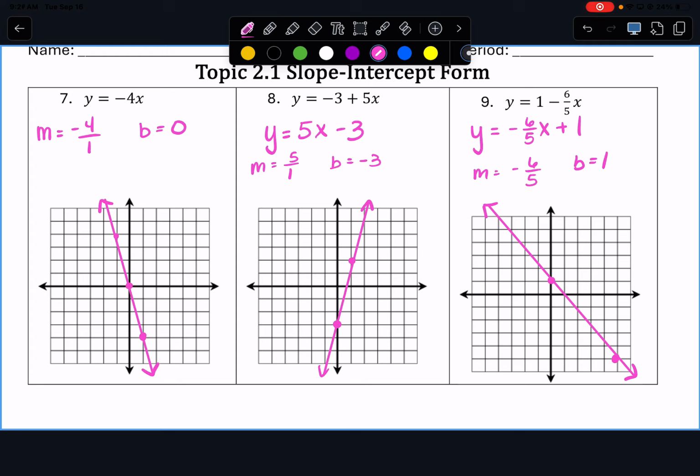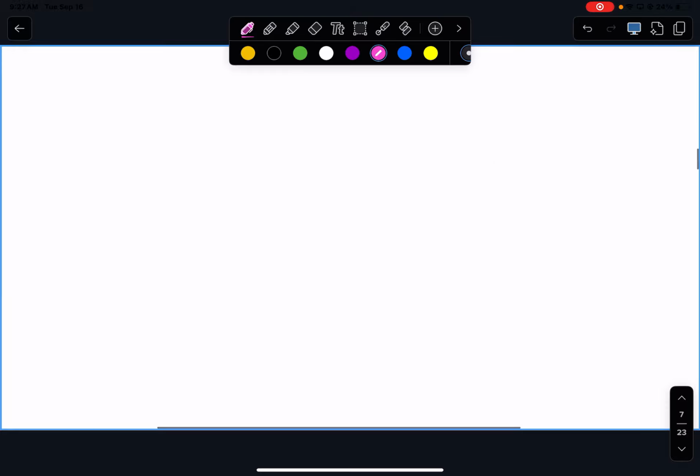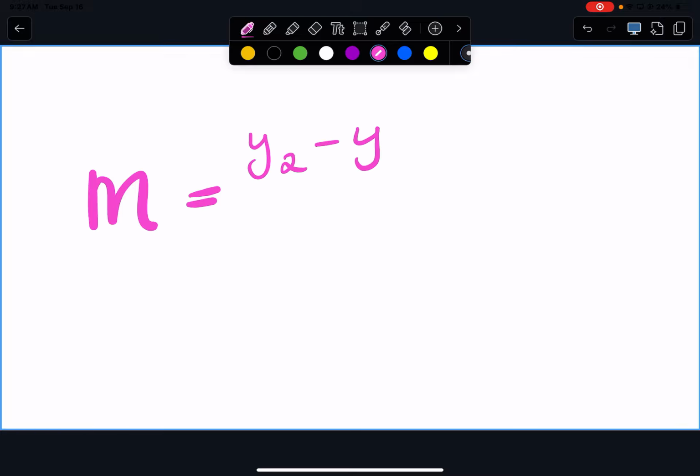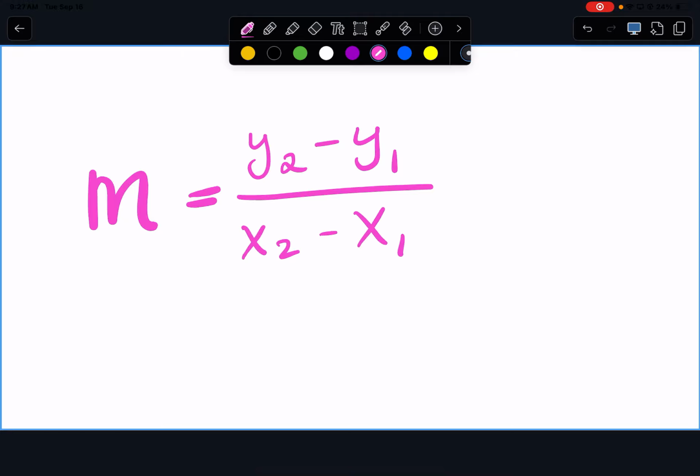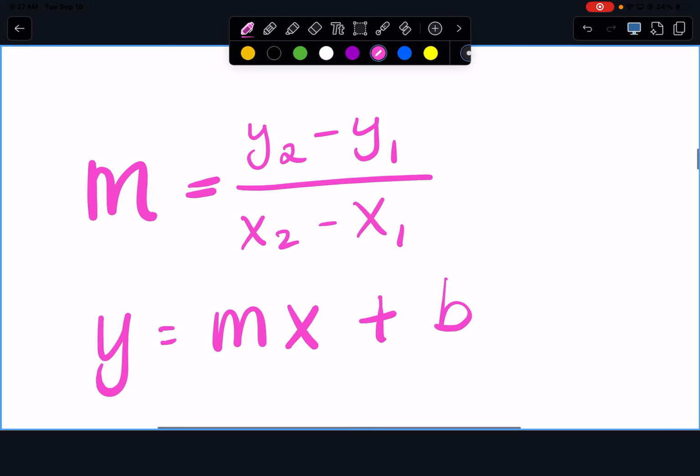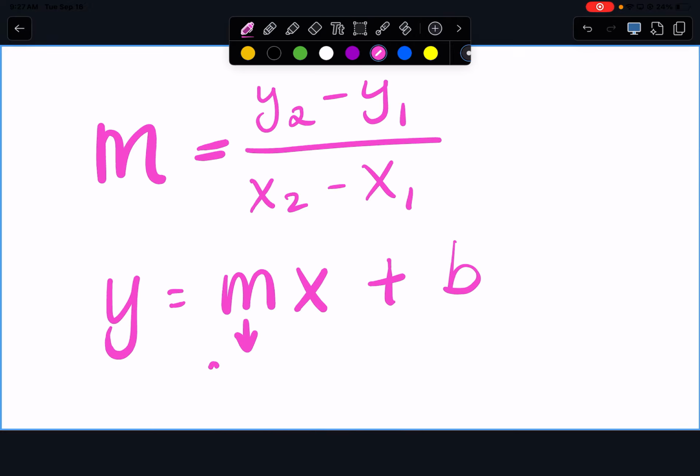So we will be looking at 2 different things. We'll have to find slope from a graph and from 2 points. When we have slope from 2 points, you use the formula m is equal to what? There we go. And then to graph, you will use slope-intercept form, which is y is equal to mx plus b, where m is, and where b is the,